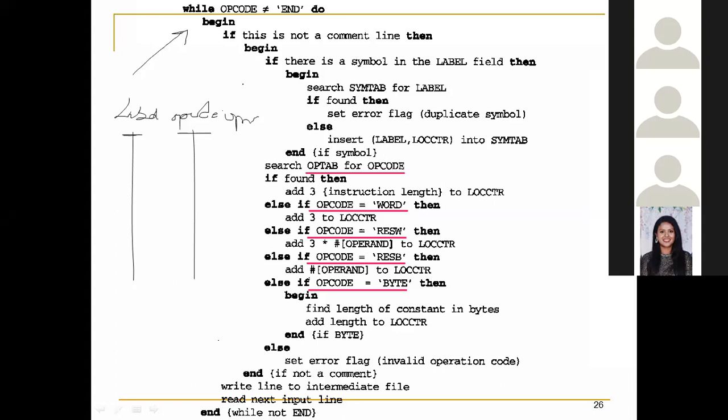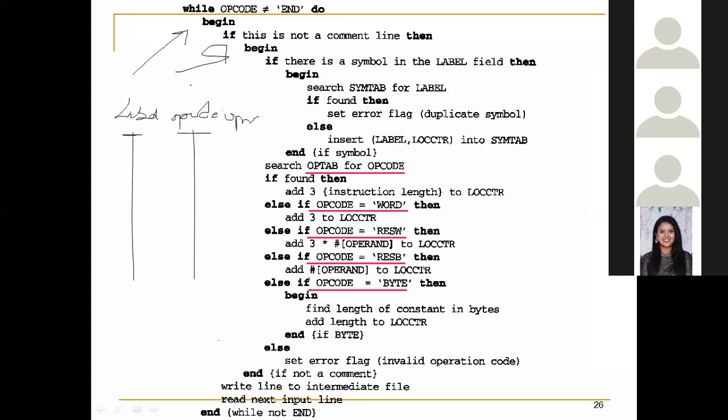Okay, so these are the two things that we are going to do. Now, along with that, your program can also contain comment lines. Those comment lines are supposed to be ignored. So until I come across the END assembler directive, if it is not a comment line, then only we are going to process it. If not, then we are not going to consider it.